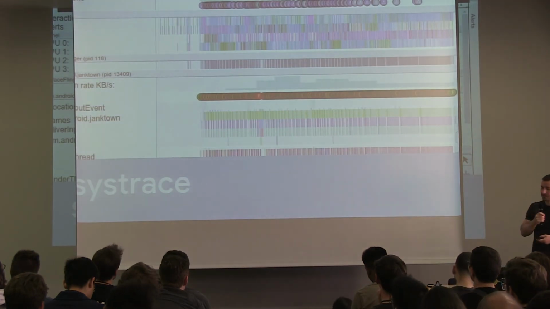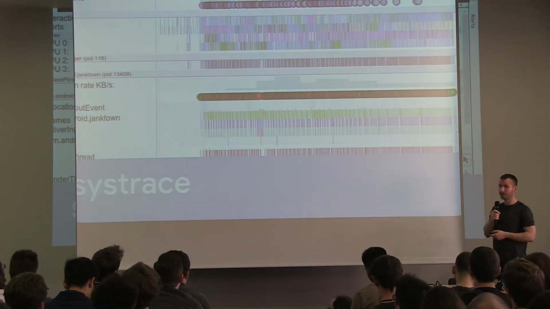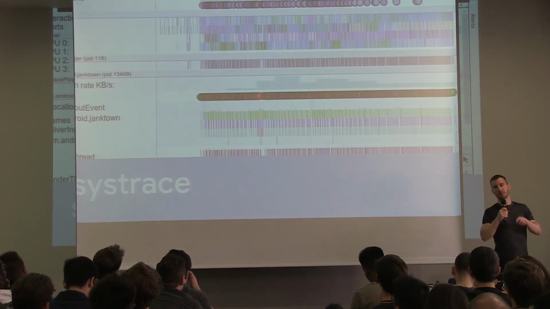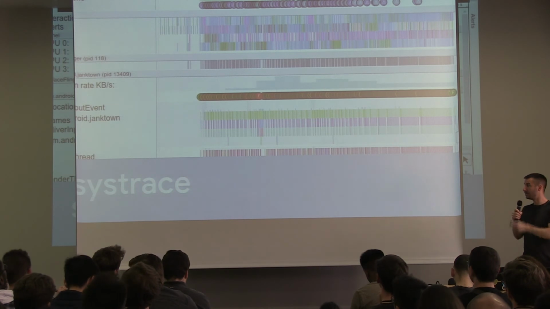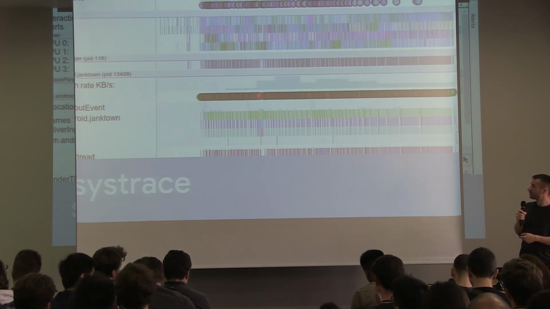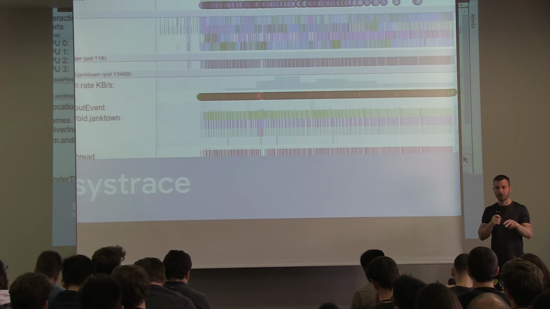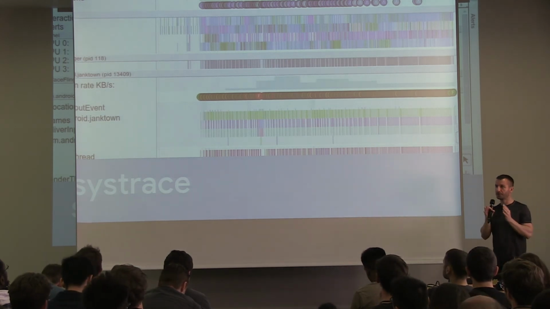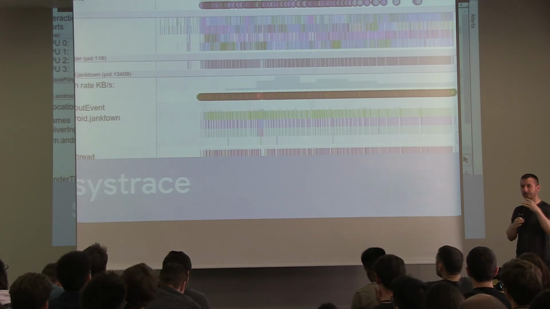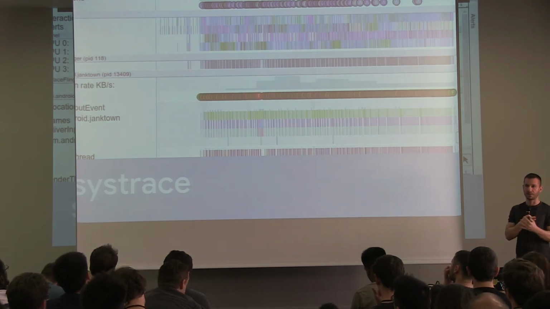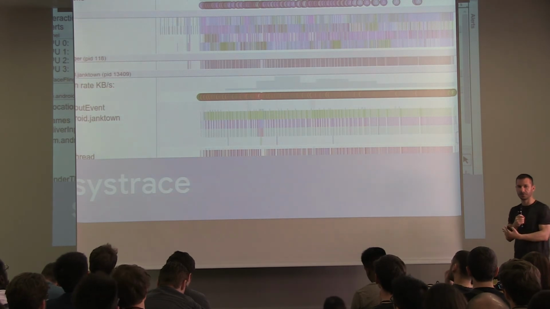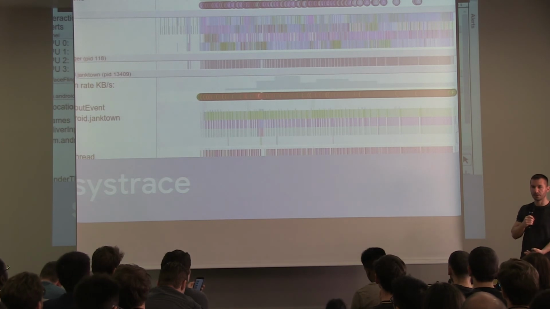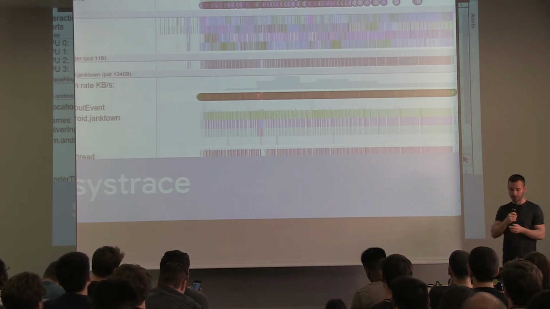And then there's a tool called systrace. And similarly to Battery Historian, it's not part of Android Studio. It's something that lives in the SDK. It's a really low-level tool for advanced debugging. And it doesn't actually tell you what's happening in your app. However, it does show you, whenever your app was running, what the context of the device was. Like, what were the CPUs doing? What other threads, what other processes were running? Or how many CPUs your app was scheduled to run on, or if you were blocked on I/O.